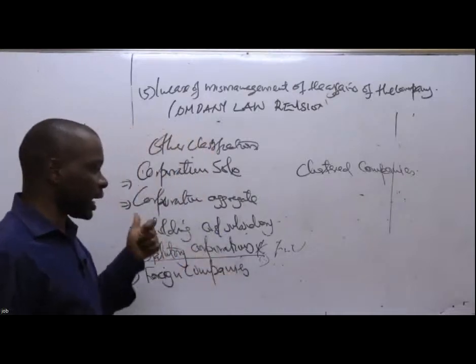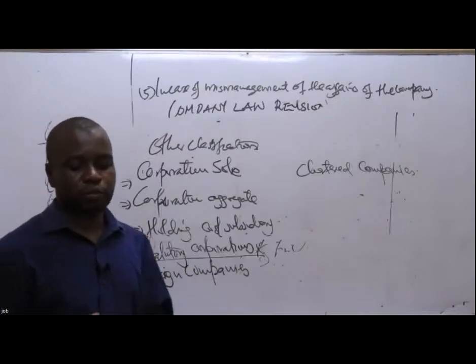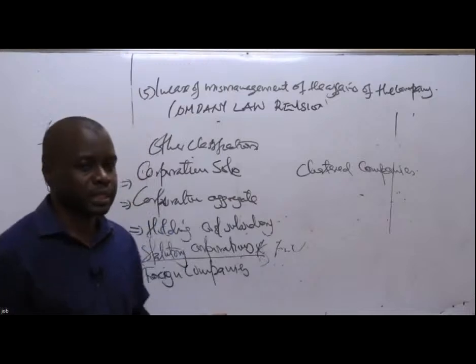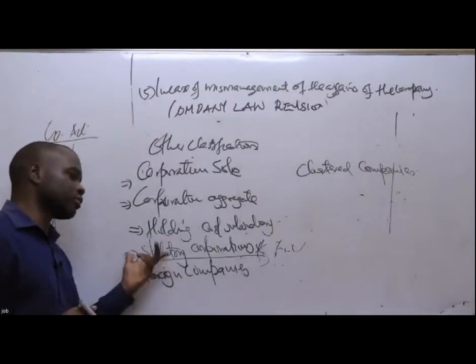Only when that act of parliament is revoked or superseded by another act of parliament will the life of the corporation be seen to have come to an end. So those are the characteristics of a statutory corporation.